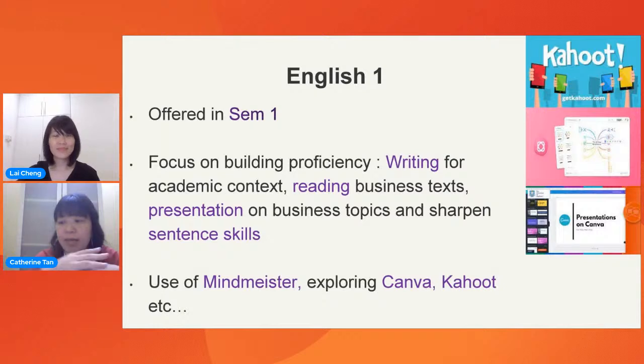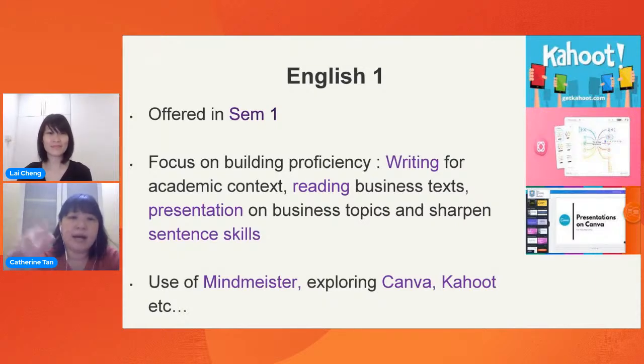In addition, the English classes are meant to expose students to reading various business texts. In semester 1, you will also sharpen your sentence skills and learn the academic writing style, the rules that govern the academic writing style used at the university. I would say the skill my students enjoy most in English 1 is presentation skills, of course. In the presentation assessment, they are given an opportunity to present on a topic related to their industry, so they pick topics related to business, accounting, and finance.